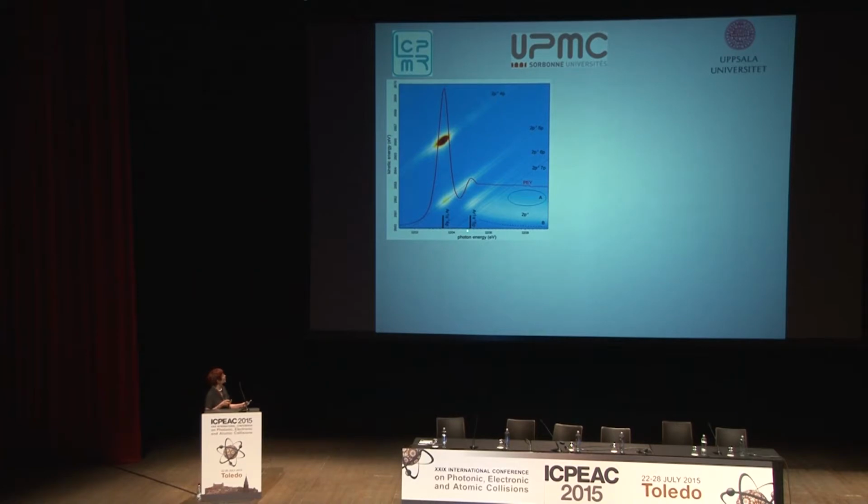So basically what we do, we measure in the photon energy region of interest around the K edge many resonant Auger spectra spaced by about 100 millielectron volts in photon energy. And so if we report all the spectra in this kind of plot, we can immediately see what's the behavior of the final states following Auger decay. For instance, here,